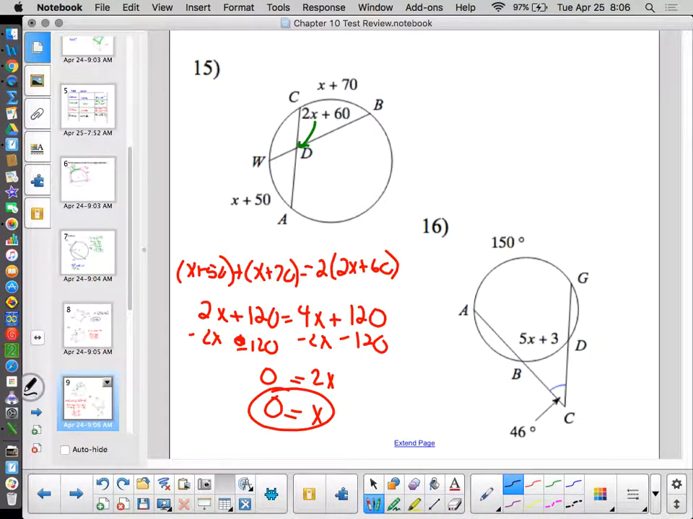This is an exterior. Just follow your formula. This looks complicated, but it's really not so bad. What's the formula for exterior? Big arc minus small arc. Then what? Does that just equal my angle? No, I got to do big arc minus small arc divided by 2 equals my angle. So big arc minus small arc